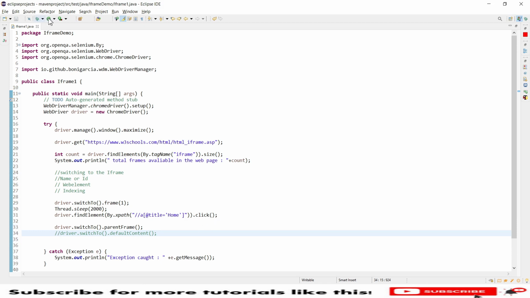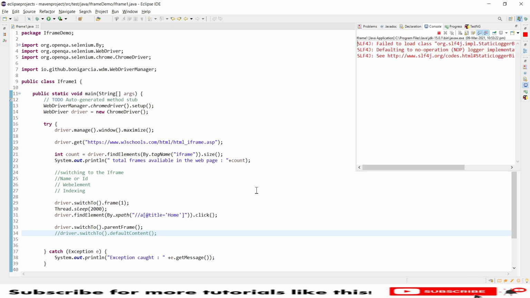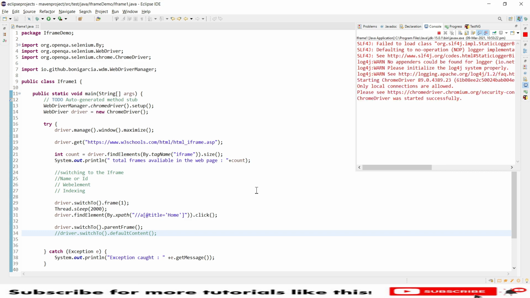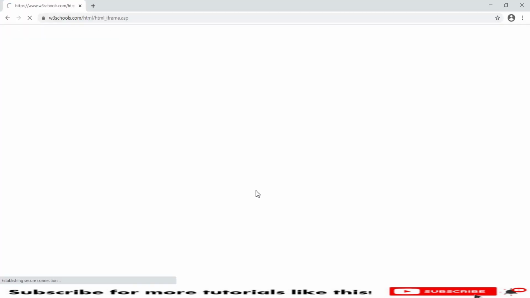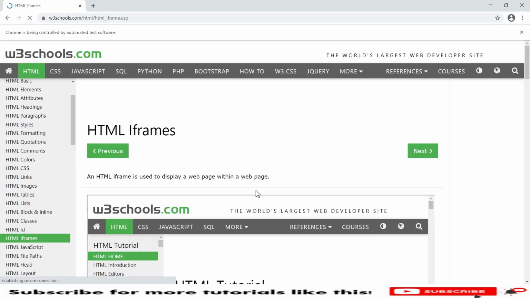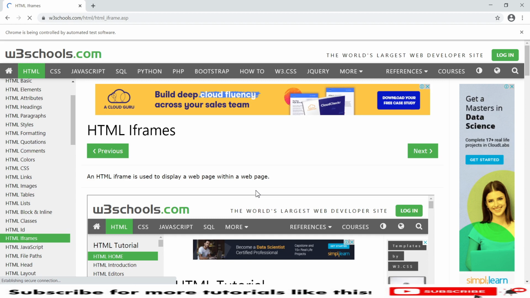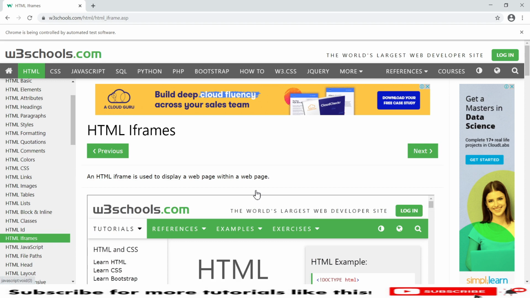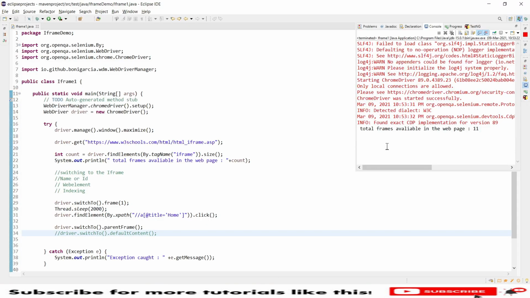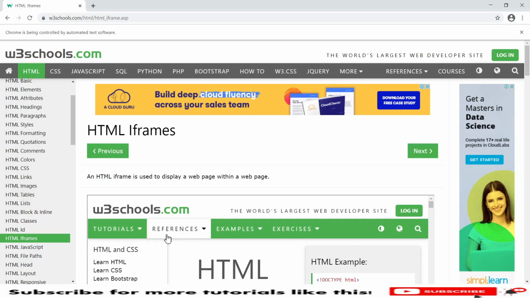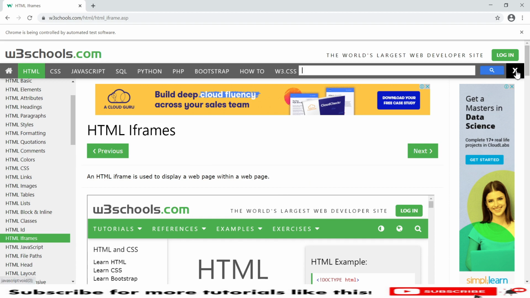So quickly save, and I wanted to run this again. So once I run, you can see the results now. It has switched. I think it should perform. Yeah, it has performed that home icon click action, and I think it's done. Execution is done. Yeah, it's done now. So after execution, after clicking in this iframe, when I come back to the actual web page, right? So here I wanted to click on this search icon again.